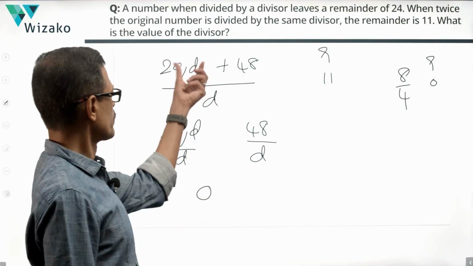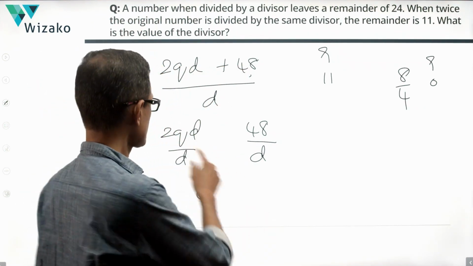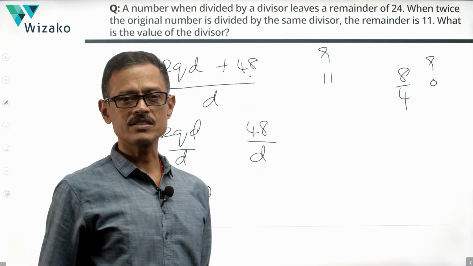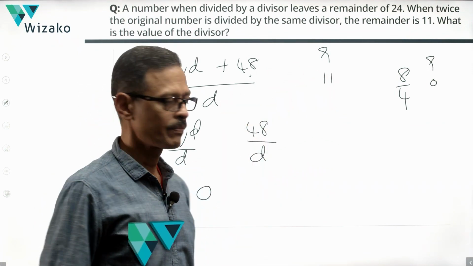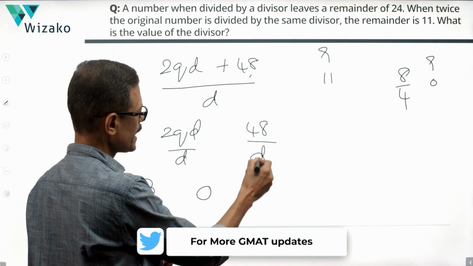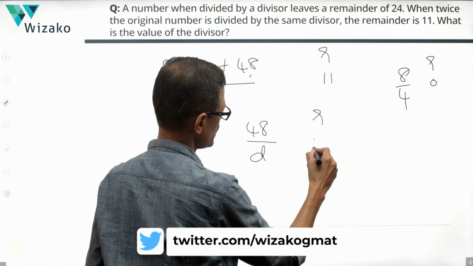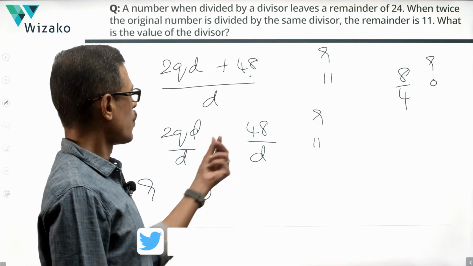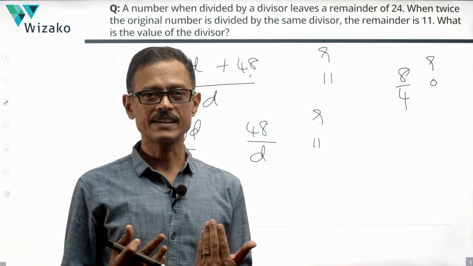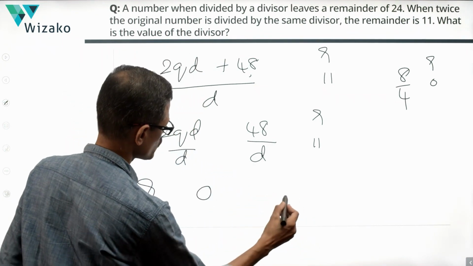We have broken the numerator into two parts. We are finding out the remainder for each part. The sum of both those remainders should have given us the final remainder which is equal to 11. So, this part leaves us with a remainder of 0. So, 48 by d, the second component, is what should have given us a remainder which is equal to 11. What number when it divides 48 will leave us with a remainder of 11? The divisor has to be a